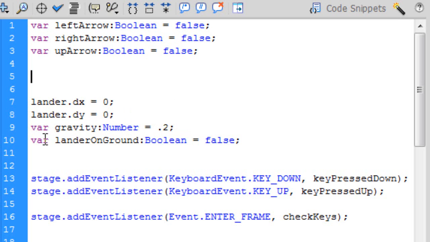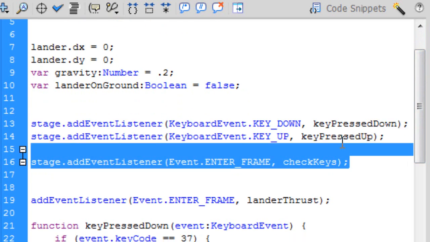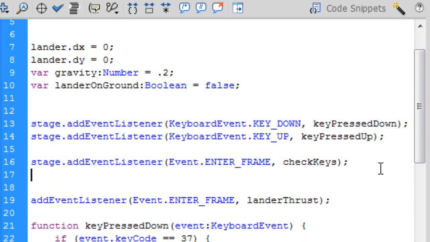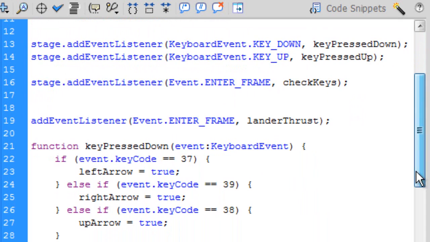And then we're also going to have a variable called lander on ground, and that's going to be a true or false Boolean variable, and it's going to start false because it's not on there. We're going to put in our check keys and our key press down, our key up, and we're going to have a